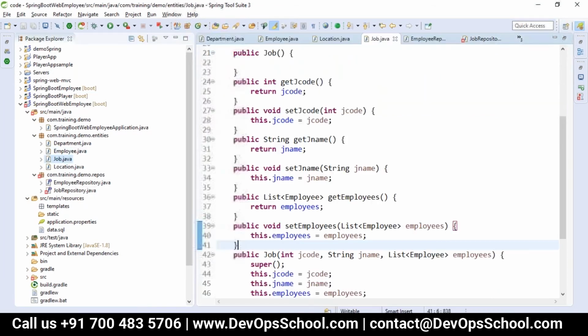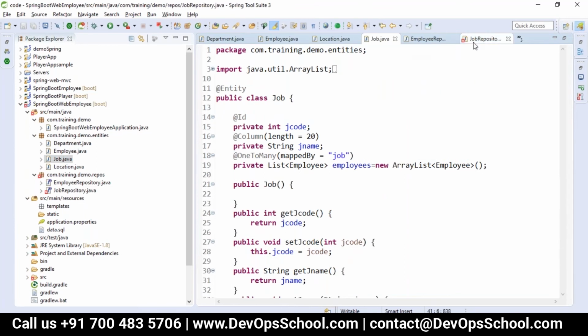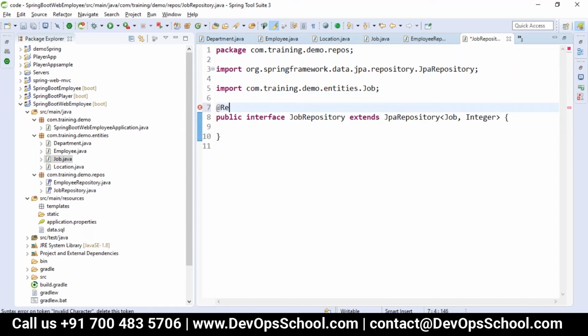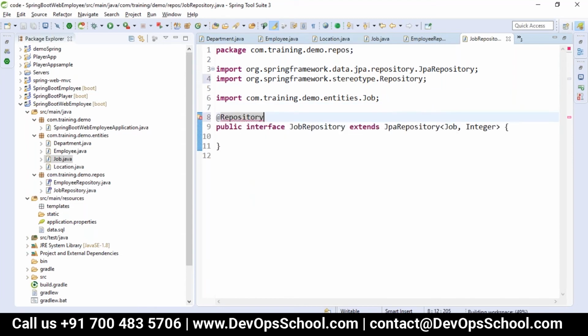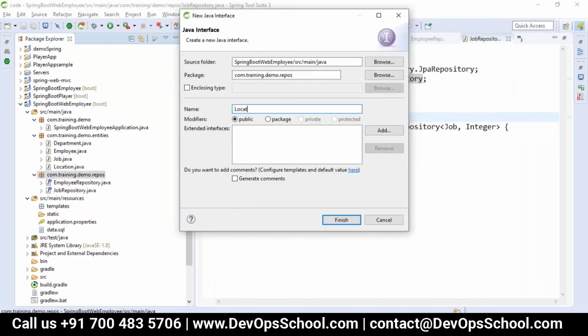In the job, the primary key data type is integer. Then location repository.